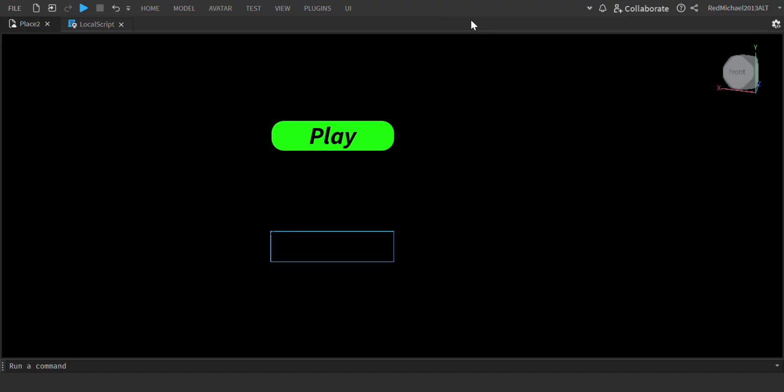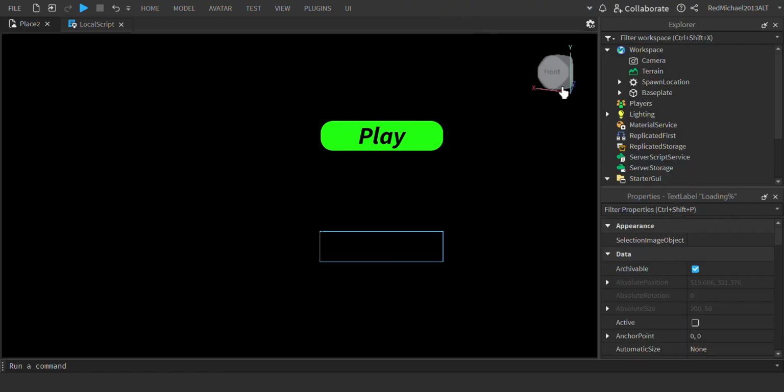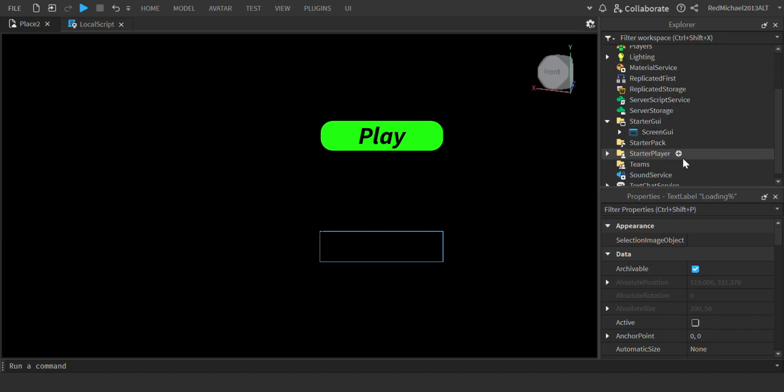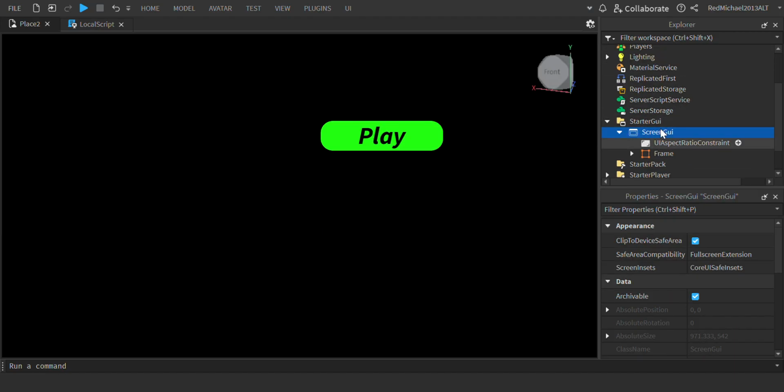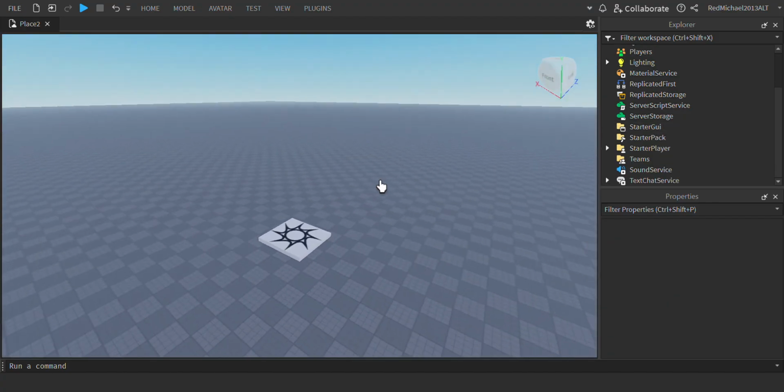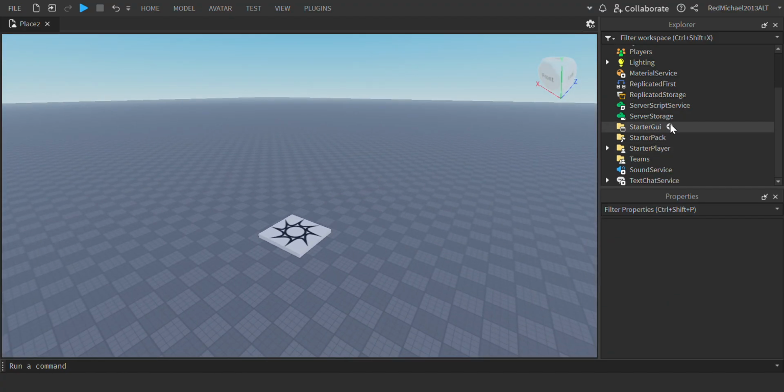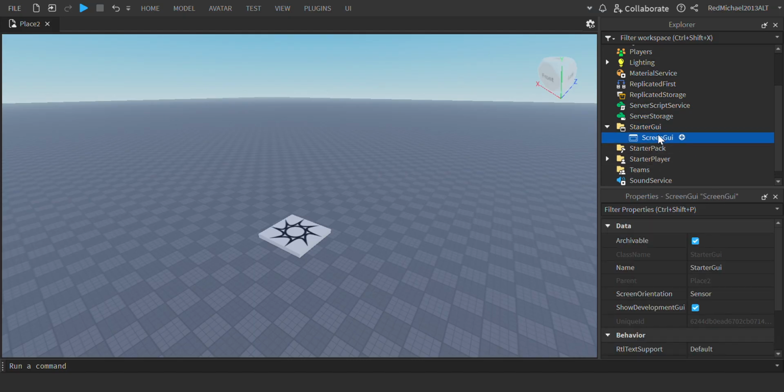So let me just get my Explorer and my properties. So I'll need these. So I'm going to first go to Screen GUI and delete it. So now nothing, okay? So what I like to do first is start a Screen GUI, and I'm not going to insert a frame. So instead of inserting a frame, we're going to insert a frame, but first,